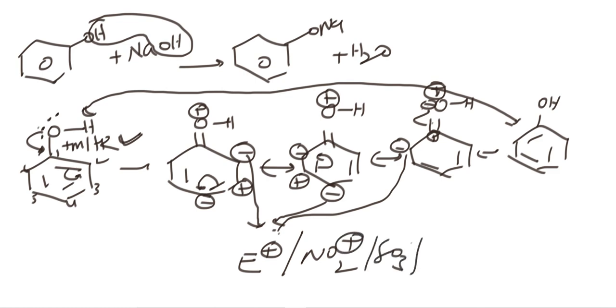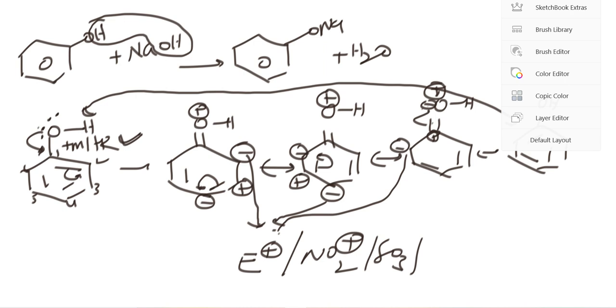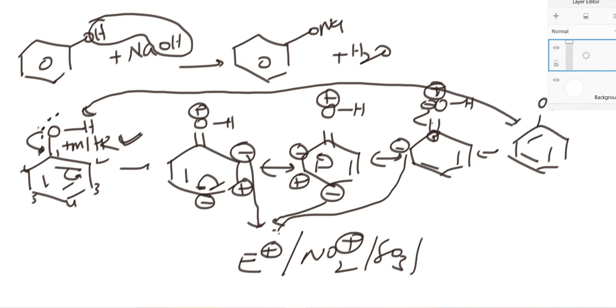So this is the phenol, not giving alkylation and acylation. So I am only telling, generally electrophiles will go and attack in aromatic electrophilic substitution, where it will go and attack ortho para. That's all. Okay, so this is also an important thing. Next I'll tell the important reactions related to phenols.